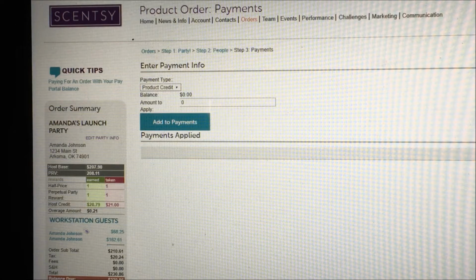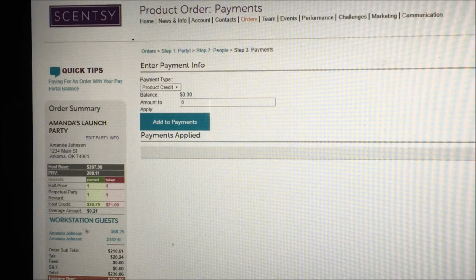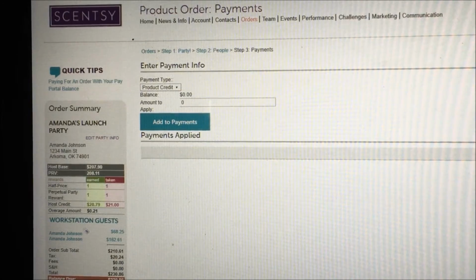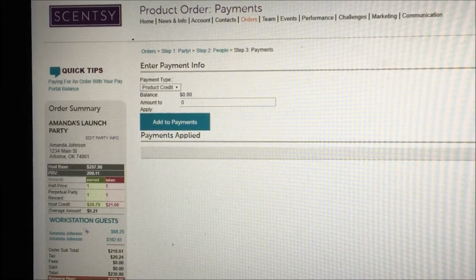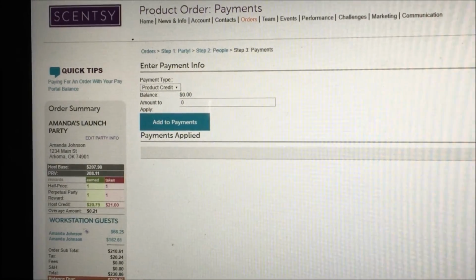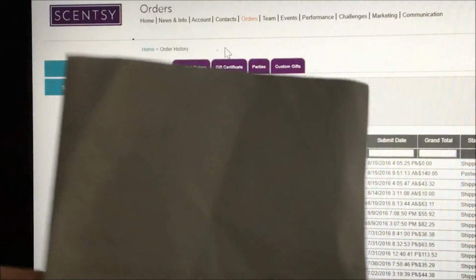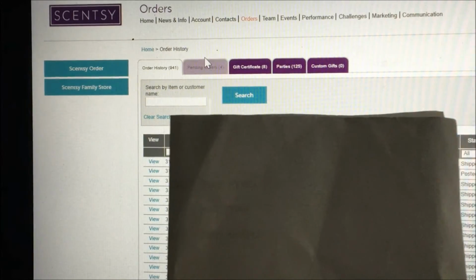So really and truly, it's not hard. It really is an easy process to go through. I encourage you as a brand new consultant to take the time to just do like I did, put together a fake order. You don't have to do anything with it. In fact, I'm gonna show you how I'm gonna get rid of that. I'm gonna go up here to pending orders,